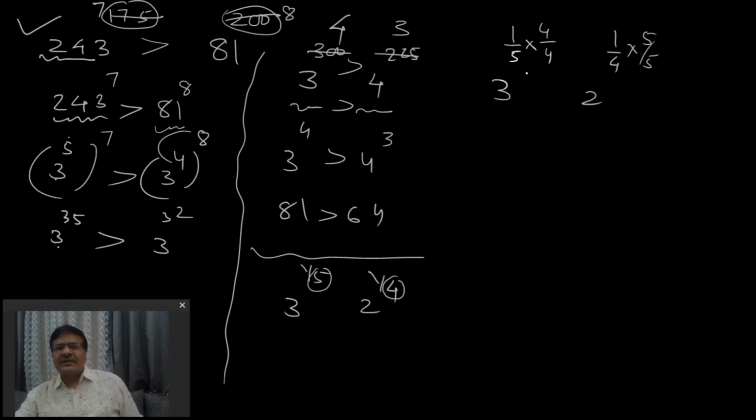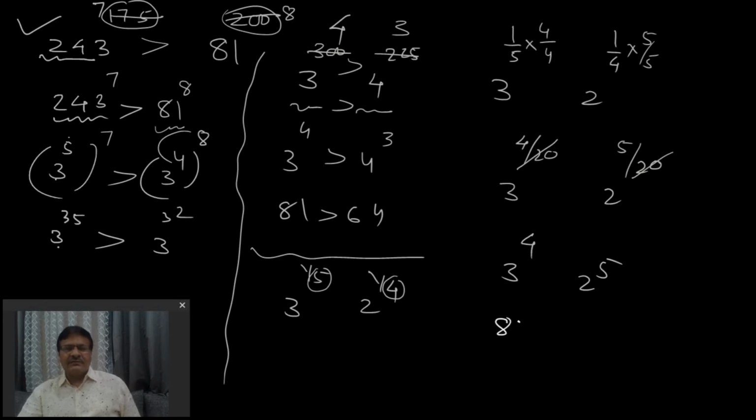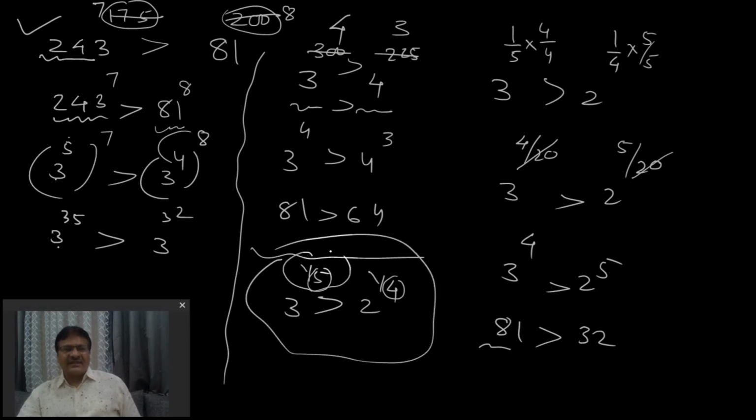Is that clear? Just to make this denominator the same. It doesn't make any difference, as we are multiplying by 1 only. 3 power 4 by 20, then 2 power 5 by 20. Now 20 is the same on both sides, so we can cancel this way: 3 power 4, 2 power 5. So 3 power 4 is what? 81. 2 power 5 is 32. So it's greater. So my original number, this one, is greater. So when there are such fractional powers, we have to take the LCM, and that way we have to manage such questions. I hope that's clear. Okay, move on.